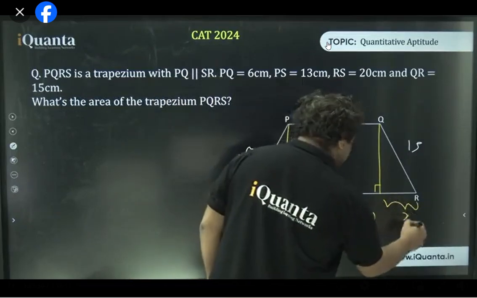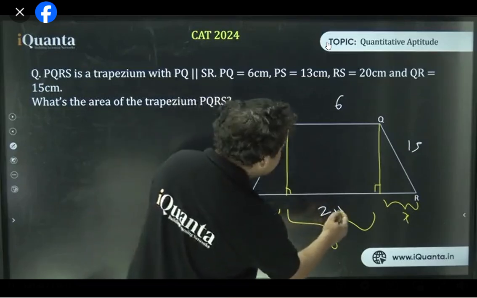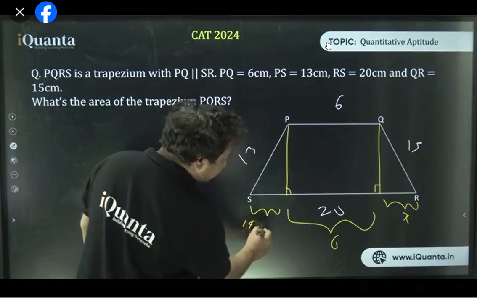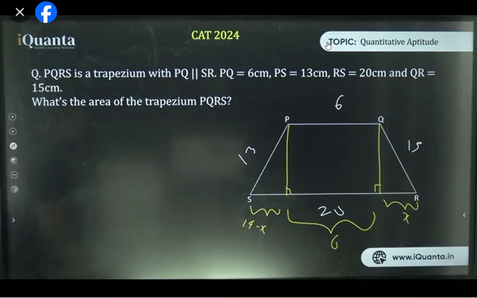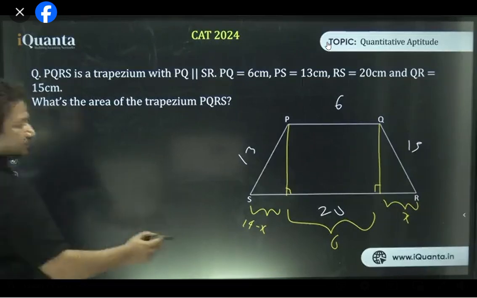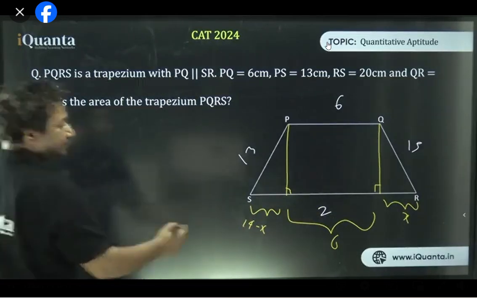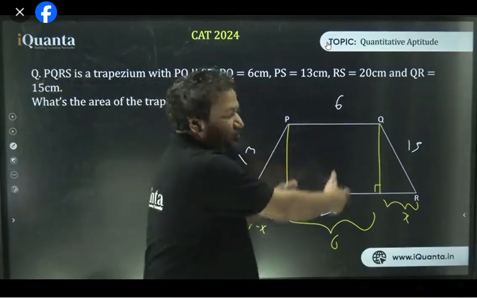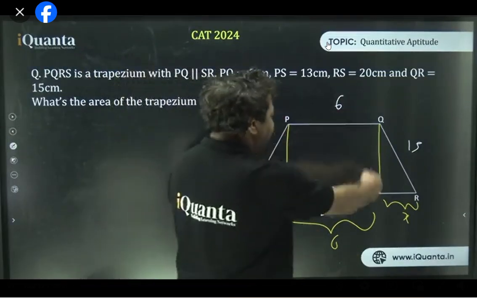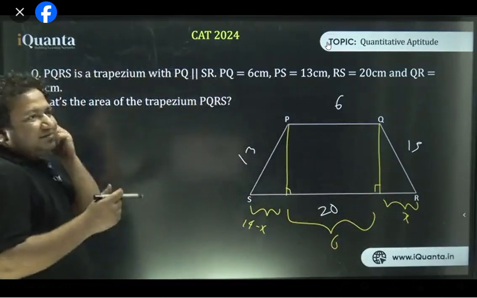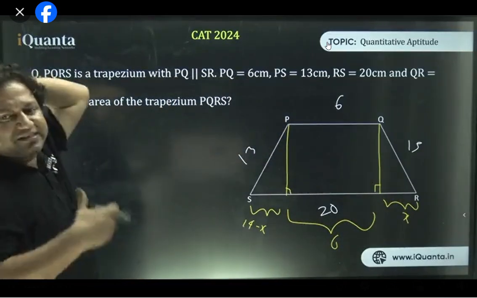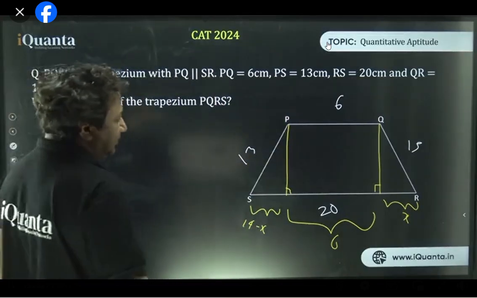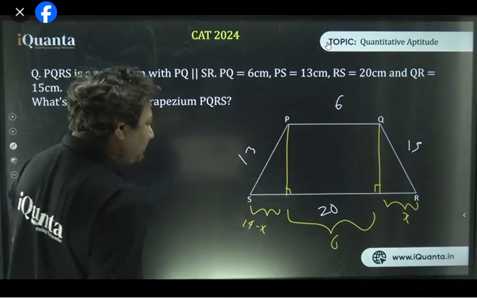Let this thing be X, then this thing will be how much? This is how much? 20, right? 14 minus X, isn't it? That's how you guys did it? See how easy it becomes when I was explaining you the formulae. I was doing this with isosceles trapezium. Remember that? I did this way and then you asked me why half. See, once we try to understand formula in this way, it's easy for us to follow the same kind of, if not the logic, at least the way we cut the things in geometry. It was very easy for us, right? So now you can use the Pythagoras theorem and do all that stuff.